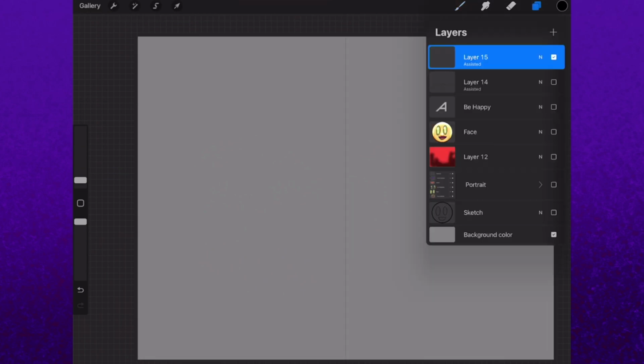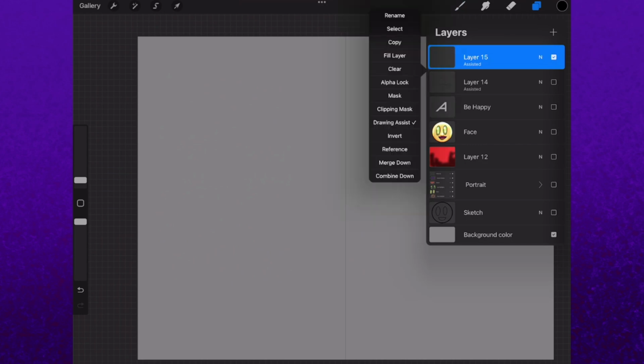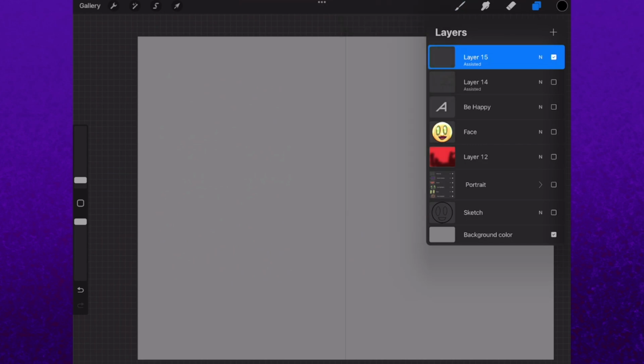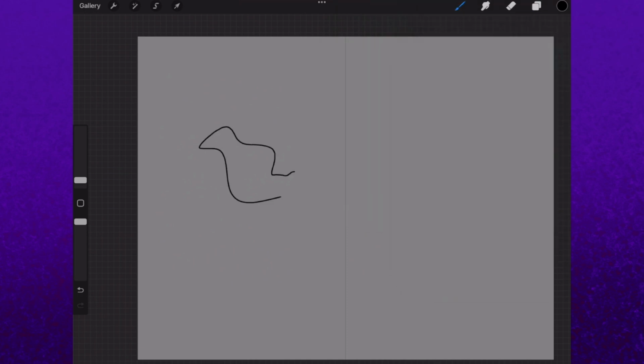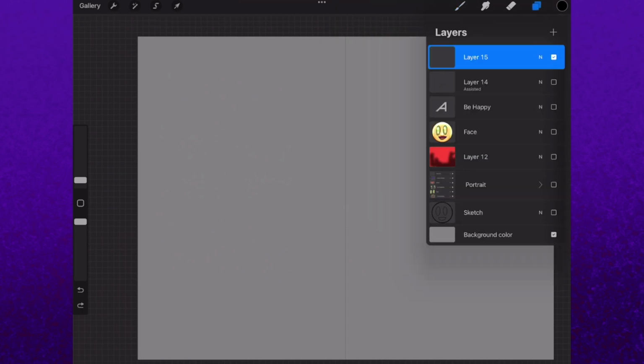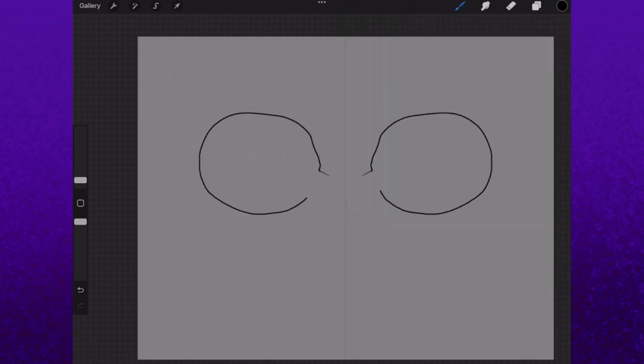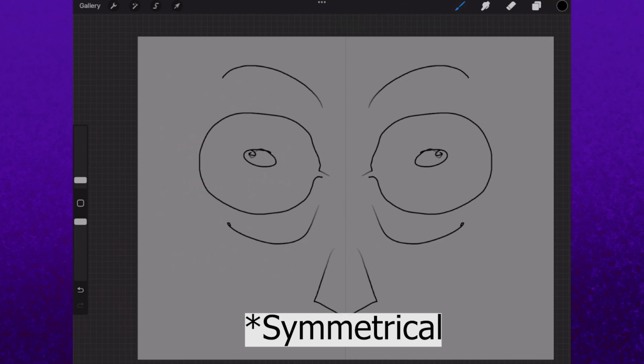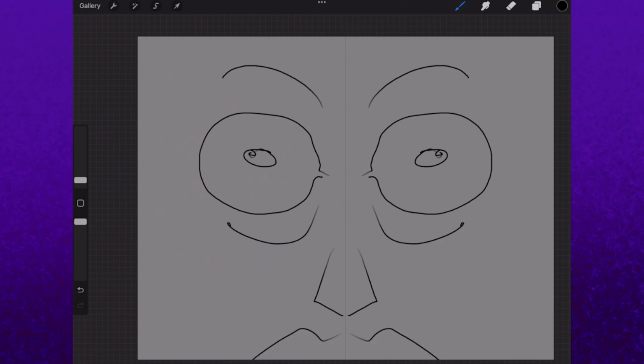And now making sure that it says assisted. See how on the layer it says assisted? That means that drawing assist is on. If I were to tap it and turn it off, now it's not going to do anything. But since we tap it and it says assisted, anything we draw on one side is going to pop up on the other side. It's pretty cool. Like if you want to do a perfect portrait,